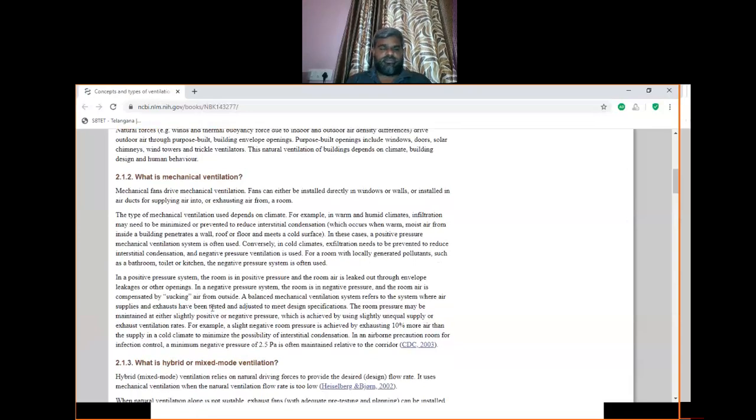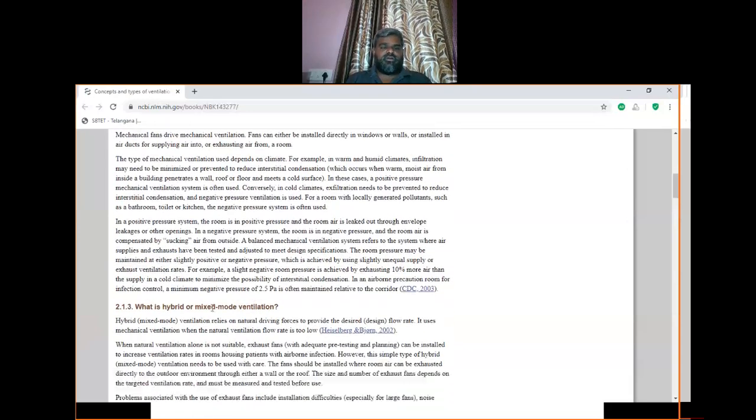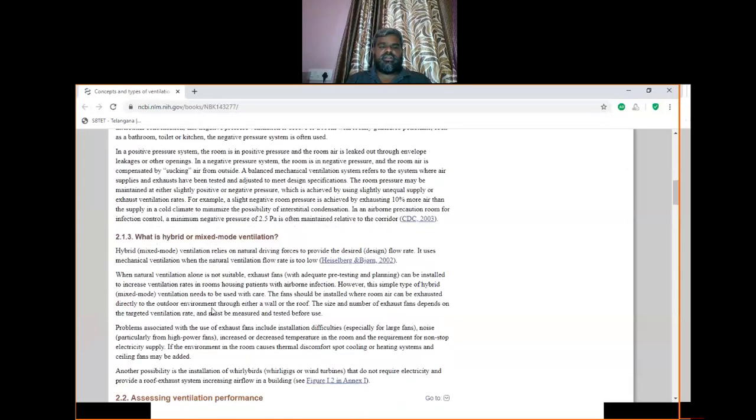So what is a hybrid? Hybrid ventilation relies on natural driving forces to provide the desired flow rate. It uses mechanical ventilation when the natural ventilation flow rate is low. When natural ventilation alone is not suitable, exhaust fans with adequate pre-testing and planning can be installed